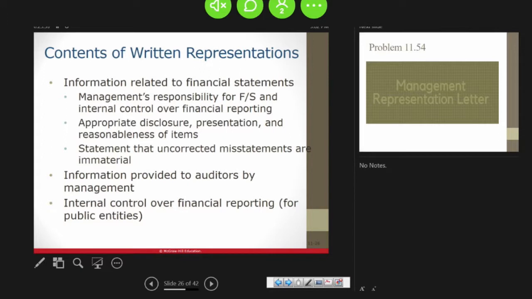Also, there's representations related to internal controls over financial reporting, because remember, again, for publicly held companies, management has to, in addition to the auditor's opinion on controls over financial reporting, management also issues a report on their assessment of the effectiveness of internal controls and taking responsibility for internal controls. And then it goes on to talk about the effectiveness of internal controls, that the framework is based on a COSO framework, that they perform an assessment, a conclusion they make about the effectiveness of internal controls, that they disclose to the auditor any deficiencies, and then the